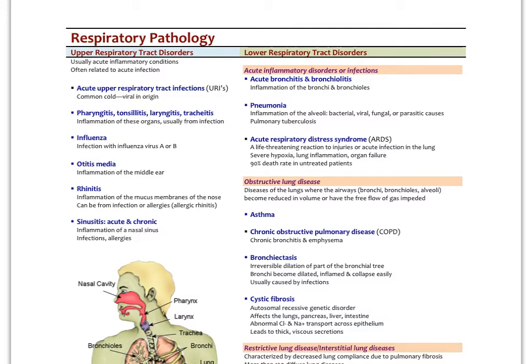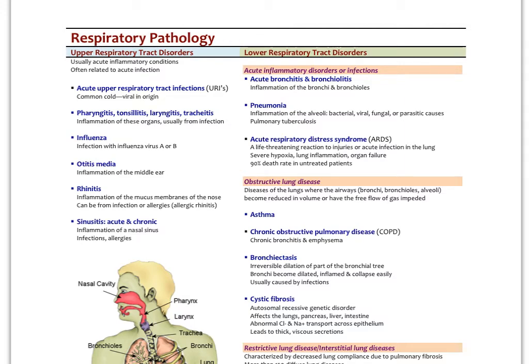If we look at upper respiratory tract disorders, they're primarily related to infectious agents, and the majority of them are acute situations, although some can become chronic, like chronic sinusitis and pharyngitis. But most upper respiratory tract problems, colds and those kinds of things, are more of an acute issue. With the lower respiratory tract, we can have acute issues like bronchitis, bronchiolitis, pneumonia,